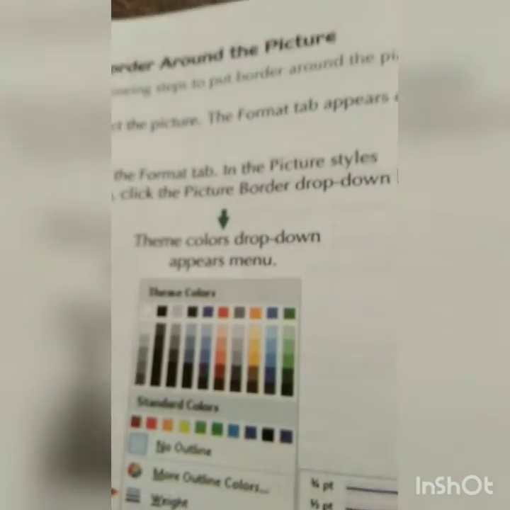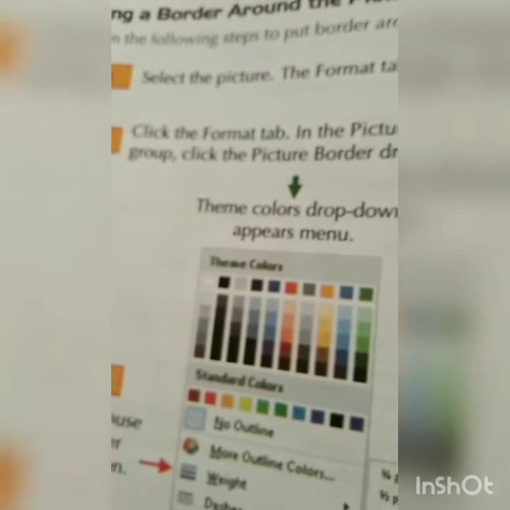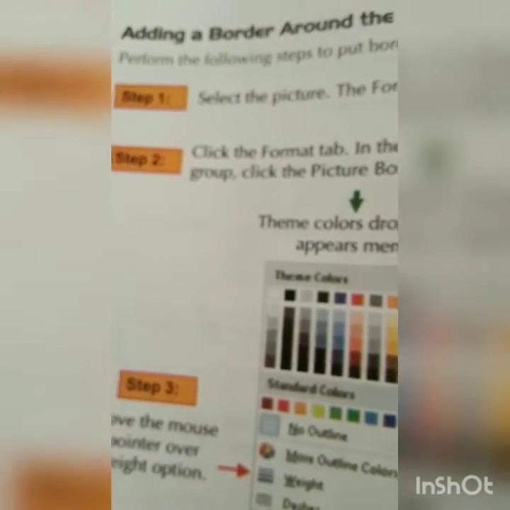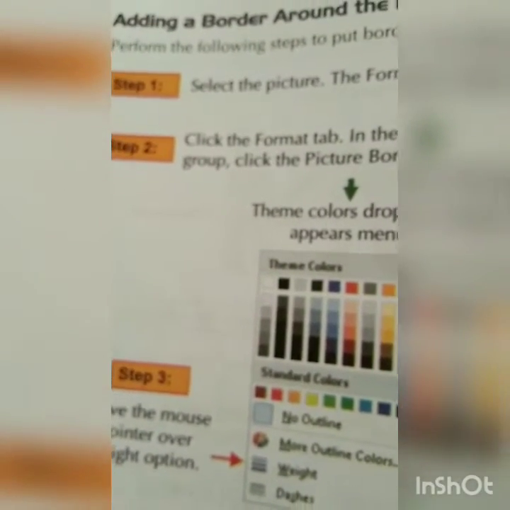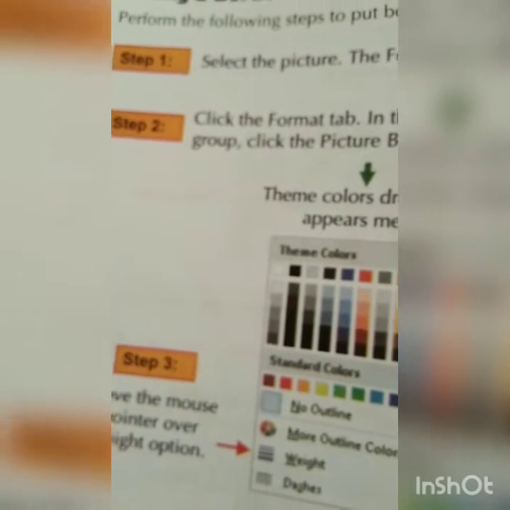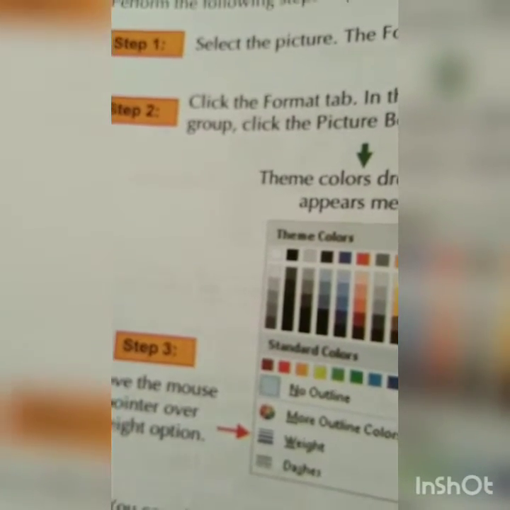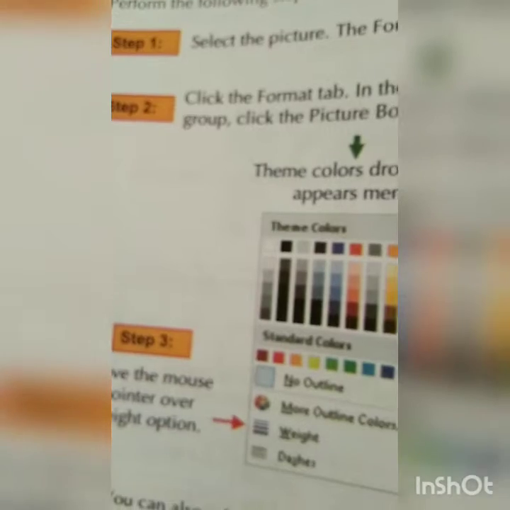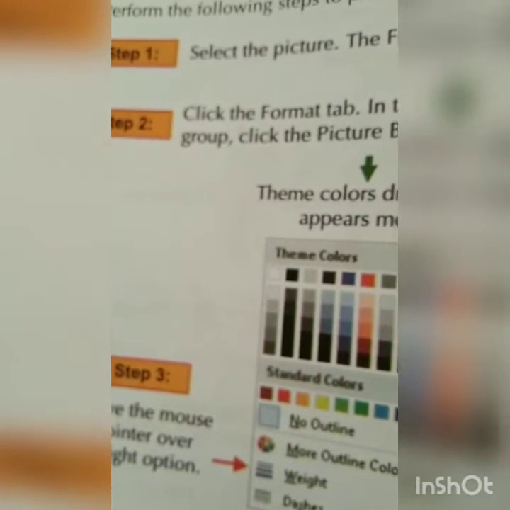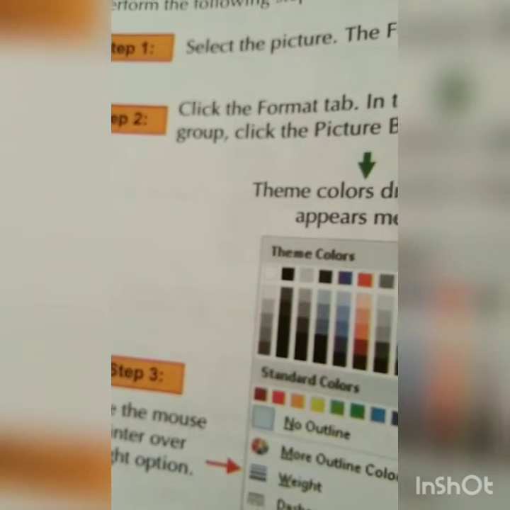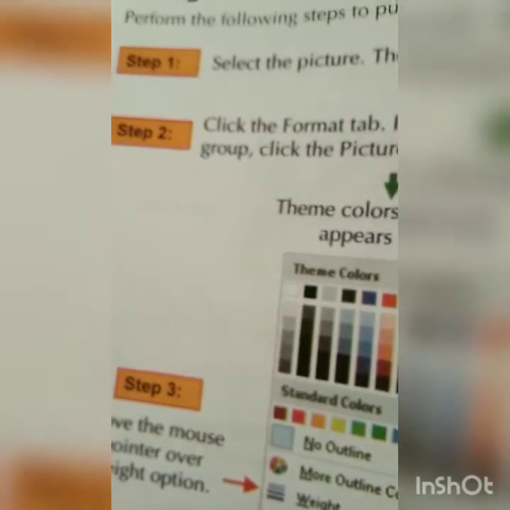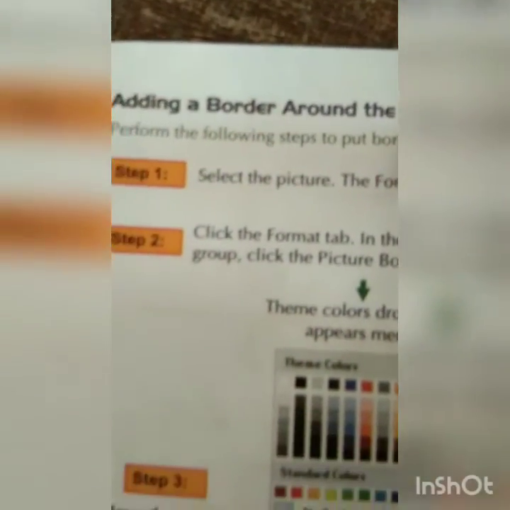Selected picture, but I want something more interesting in that. A simple picture I don't like, so I want a background color, or I want to change a few colors or styles, or I want to keep a border, or a few emojis, anything I like, and I also want to increase the line size. So a few more options are there, that is adding a border around the picture. It makes your document more attractive.